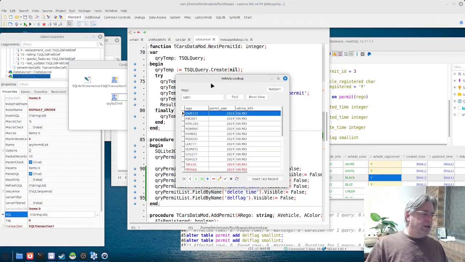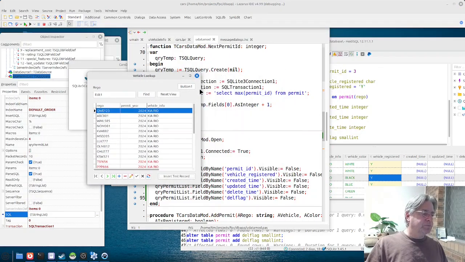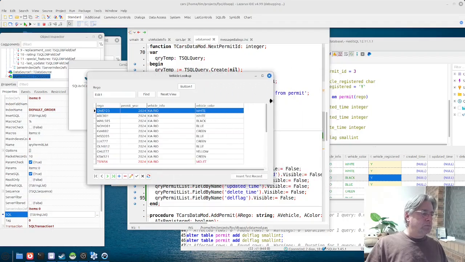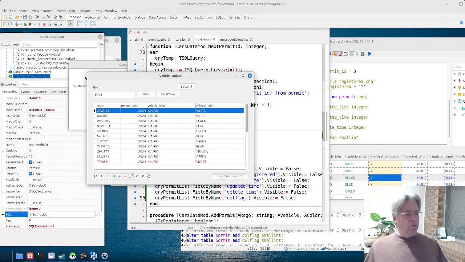Okay, we'll just stretch it out as far as we need to here. And now you can see I'm still presenting the information I want to show the user, but also I'm hiding the information that I don't need the user to see. Now, as far as this del flag is concerned, and as I said, we can look at a view in another video,